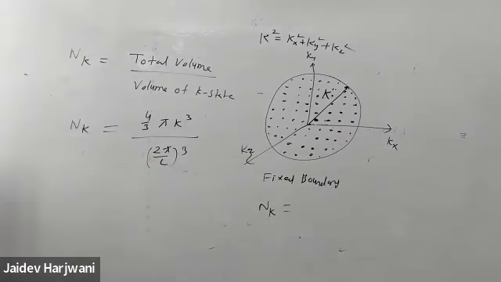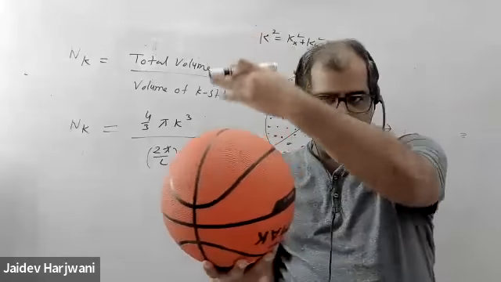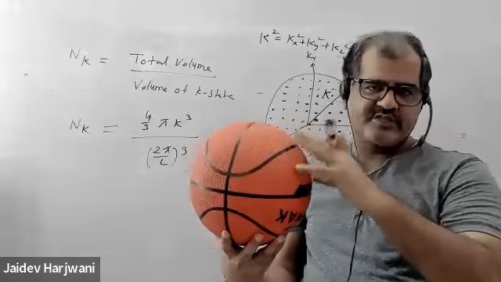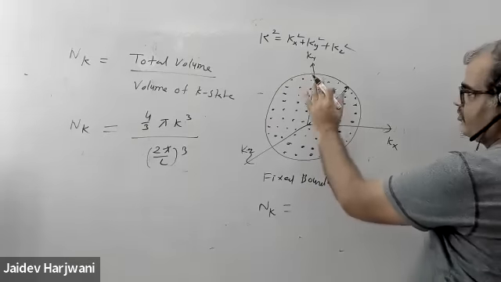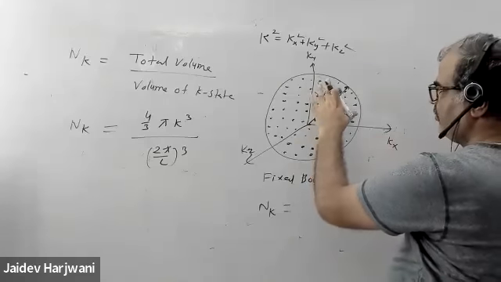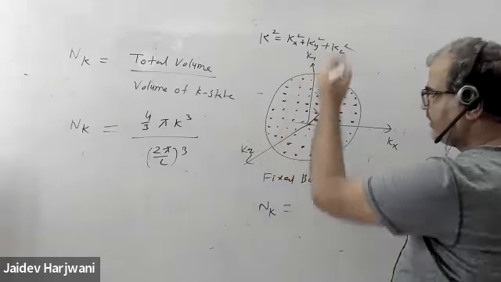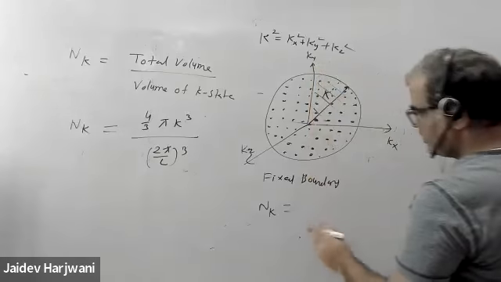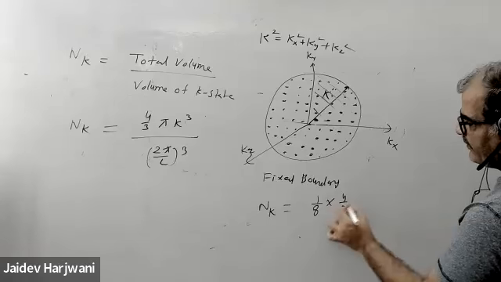Let me take this ball. This is the sphere. If you cut this sphere into 8 parts, only one region will be where your nx, ny, nz are positive. All other portions will have negative values. If I cut into 8 parts, only this volume will have positive k values. Here if you go here, k is negative, kz negative. So in fixed boundary condition, you have to take the volume as 1/8 of 4/3 π k³,